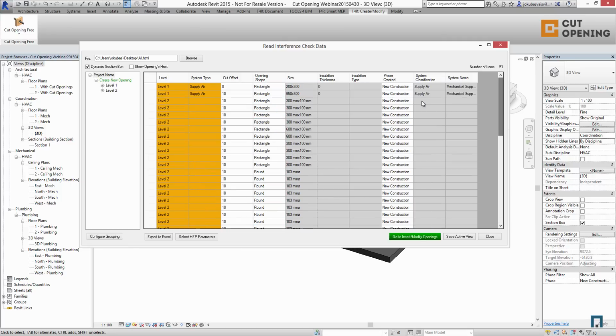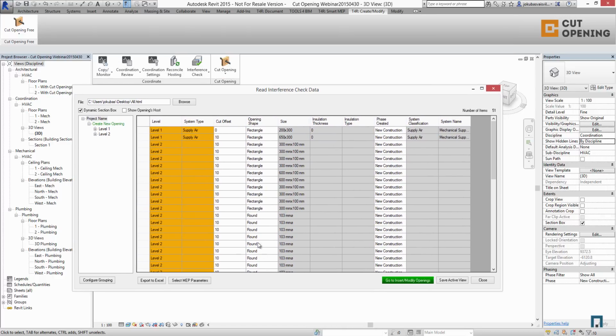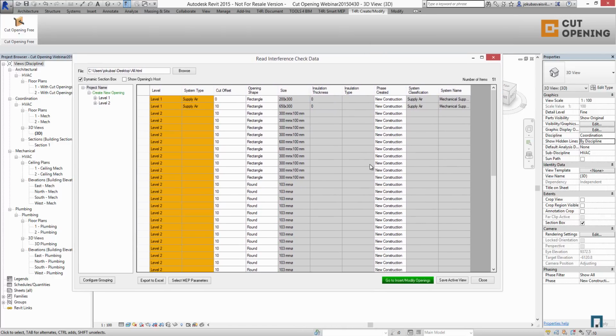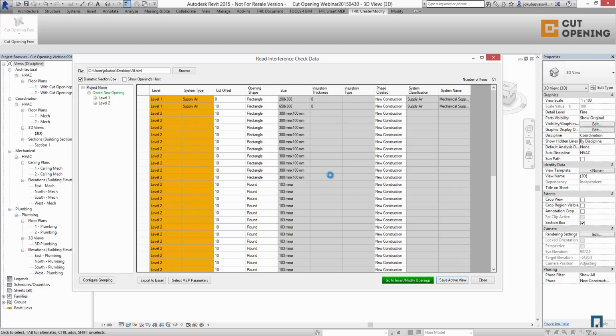information, and we are able to send this information to our partners like architects or constructors, structural engineers. So you can not only insert the elements into the project, you can also save that as an XML file, and you can send this XML file to your colleague. So after you save that as the active view,